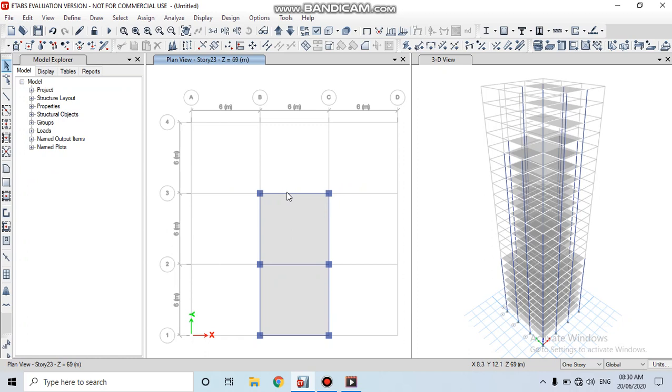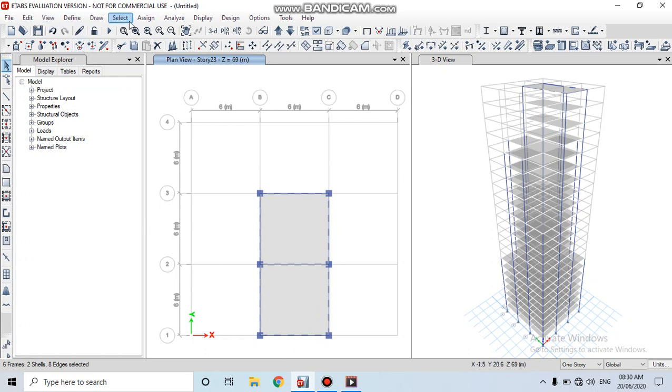Then select the external beams. External beams are selected.